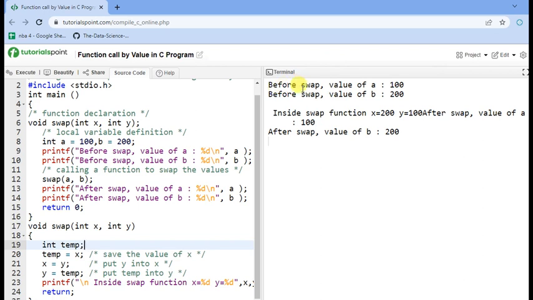You can see here before swap value of a is 100 and before swap value of b is 200. Now inside a function these values are swapped. X becomes 200 and y becomes 100. But after calling the function, any changes made to the formal parameters x and y are not reflected into a